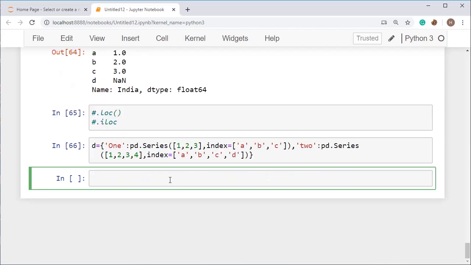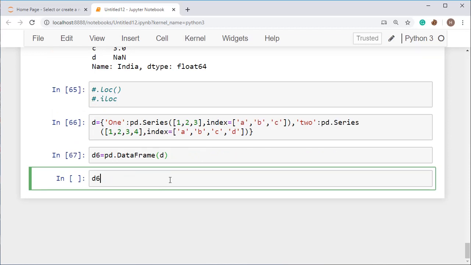So here we have the d6 data frame, and we can create it by using pd dot DataFrame and just pass the d, and we will get d6 as this.